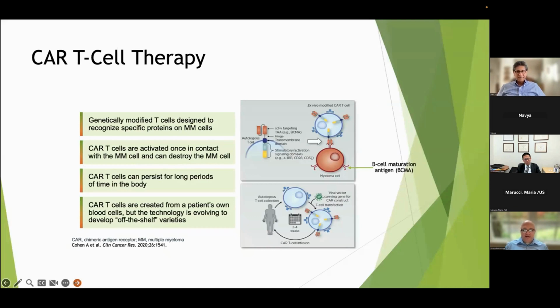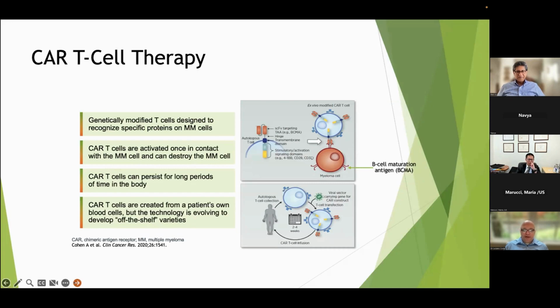And the very ingenious solution that took decades to be developed is essentially take some of the T cells out of the body through a process called apheresis. And many times patients have had an autologous transplant, so they can relate to apheresis because they have had that procedure before. We take cells from the bloodstream. Those cells are properly grown in the lab into more cells, and they are modified genetically to now be able to express a receptor that can bind to a protein on the surface of the myeloma cell. And for the two CAR Ts that we have currently approved, that protein happens to be a protein called BCMA,